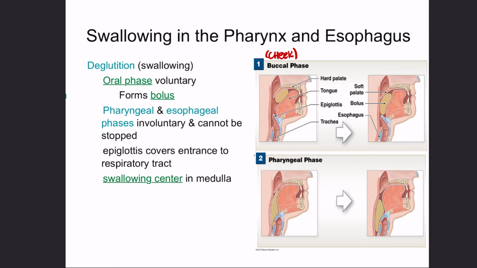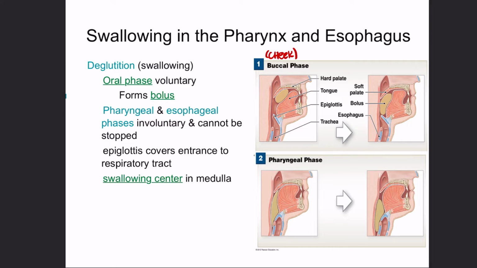When you do this, it forms a bolus. It forms this soft mound of food, right? And so it's called a bolus. This phase is voluntary, but the phases that follow it are not. So the phase within the pharynx and the phase within the esophagus are involuntary, and at that point cannot be